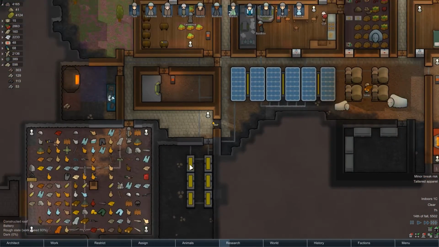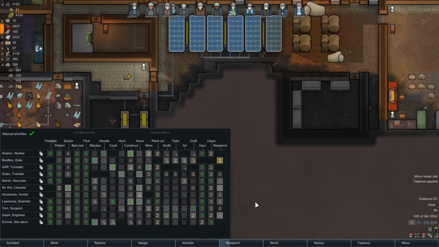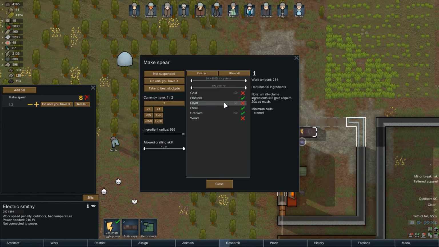Don't really know if we needed to do anything with the Smithy. Have we even got a good smith at the moment? That's the question. 8, 7, and 7, but Boo Boo's working on tailoring right now, so 8 for Zyph looks to be our best tailor. I'm going to set you on 3 for that, I think. Yeah, that seems about right. You're going to be doing crafting first and foremost, but if we set it like that, then I can actually say make a couple of spears. Do until we have 2 spears. And make them out of...